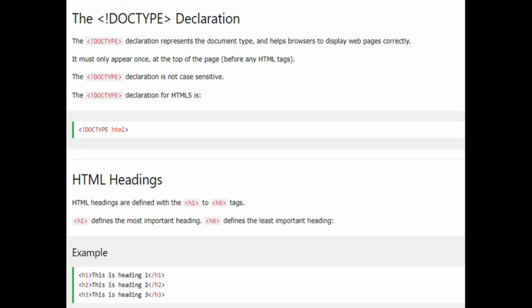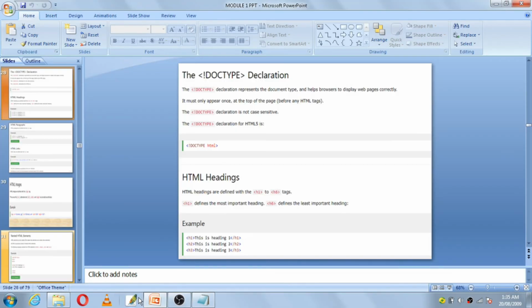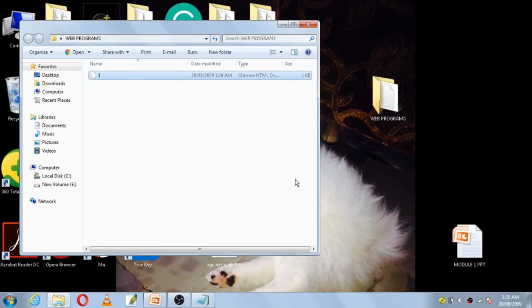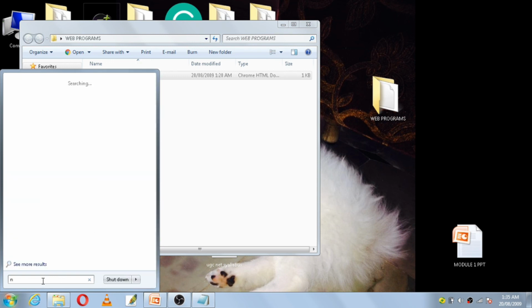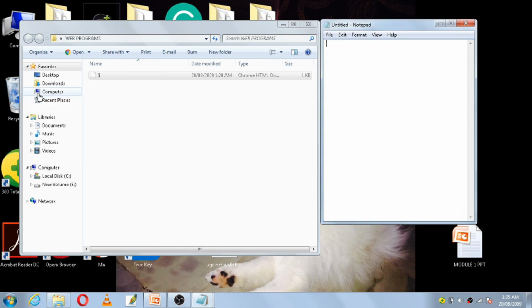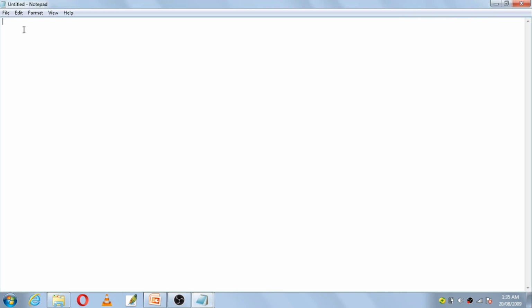So how to write the HTML code? You go to the search tab and type notepad. After you have opened notepad, you can write there. What is the first thing we have to write? Exclamation, doctype, document type, and which document type it is: HTML.